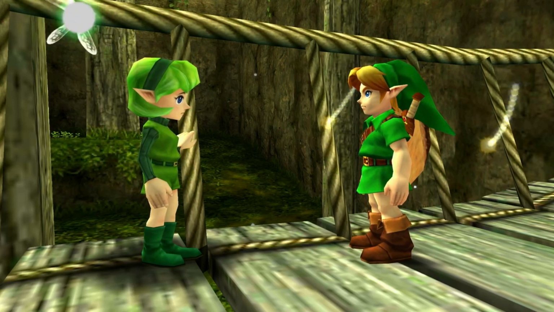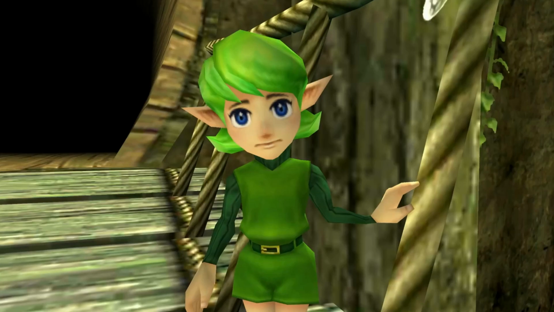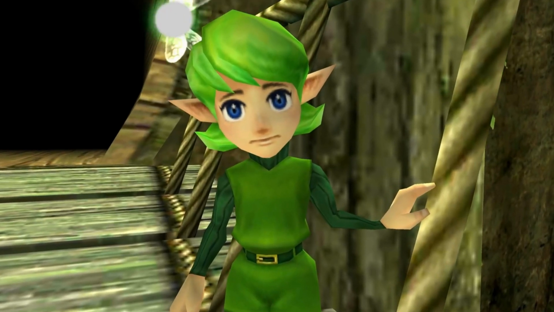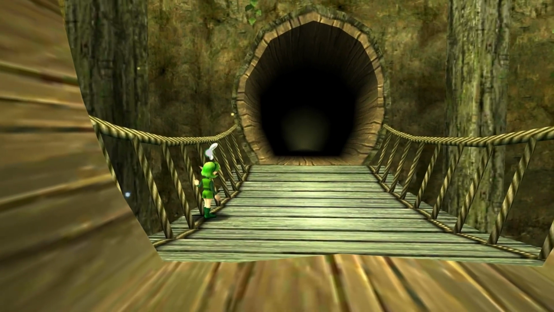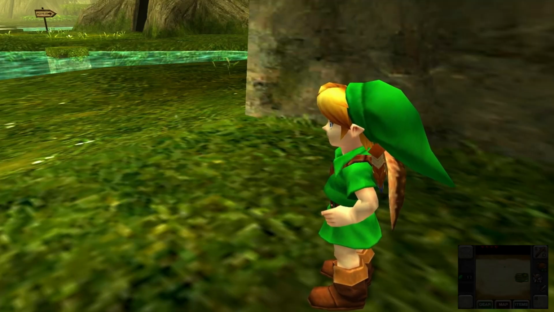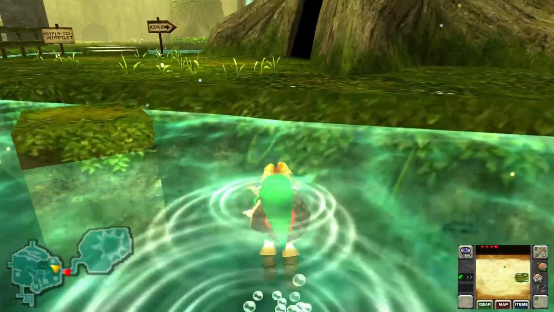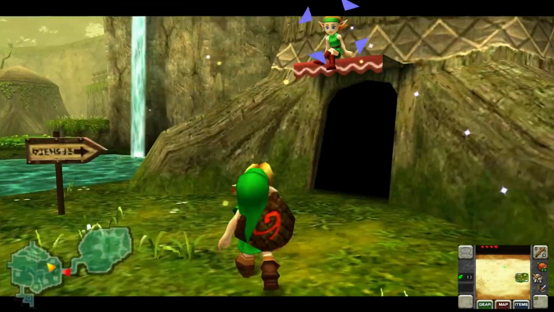Ocarina of Time is another good example. We get the feeling he's friends with Saria, but we don't know if he cares about anyone else. In that game, we don't know if he usually is antisocial and keeps to himself, or if they considered Link the life of the party. We don't know if Link always felt at home in Kokiri Forest, or if he felt like an outsider. We have no clue what his desires are. We don't know if he even wants to save Hyrule.